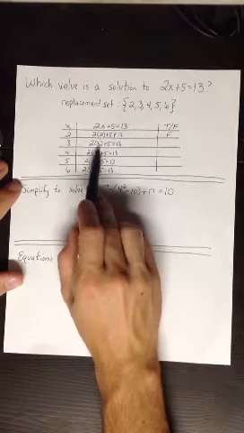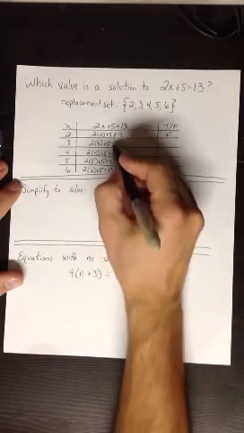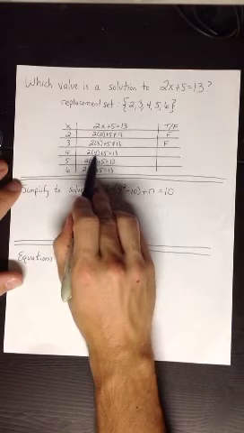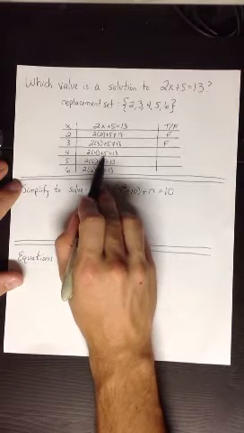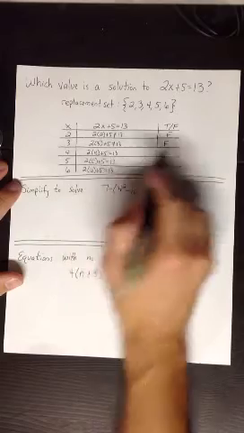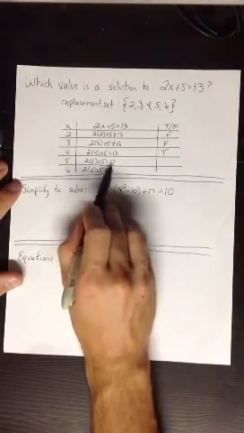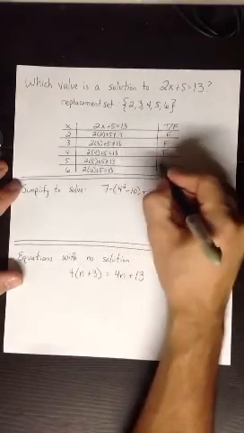2 times 3 is 6, plus 5, that's actually 11, not 13, so that statement was false. 2 times 4 is 8, plus 5 is 13, and that's actually what I wanted. That statement is true. 2 times 5 is 10, plus 5 is not equal to 13, that's 15, that statement